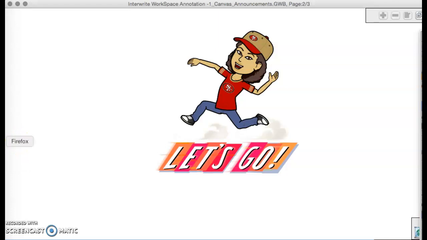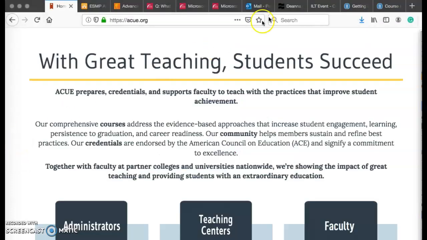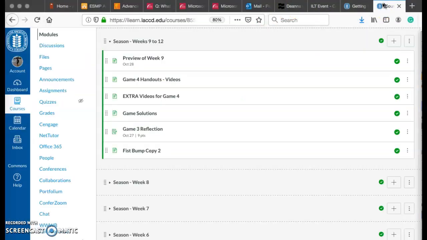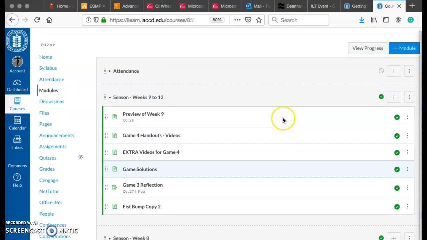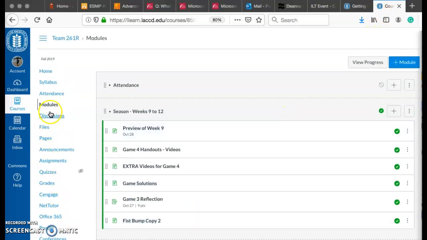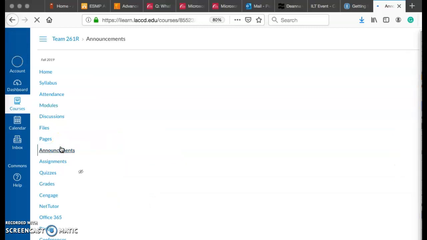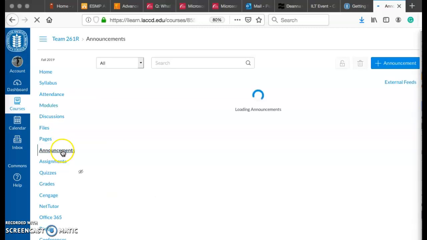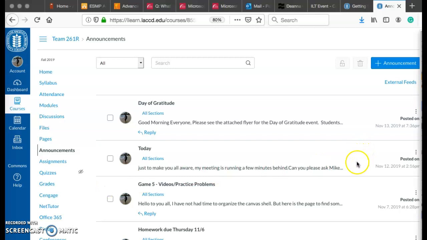Okay, so I'm in my Canvas shell. I'm going to go to announcements. And the thing about Canvas is that you can't cut and paste like we were able to do in Word. And I do want you to see that the Day of Gratitude event that's going on tomorrow, when I click on this event,